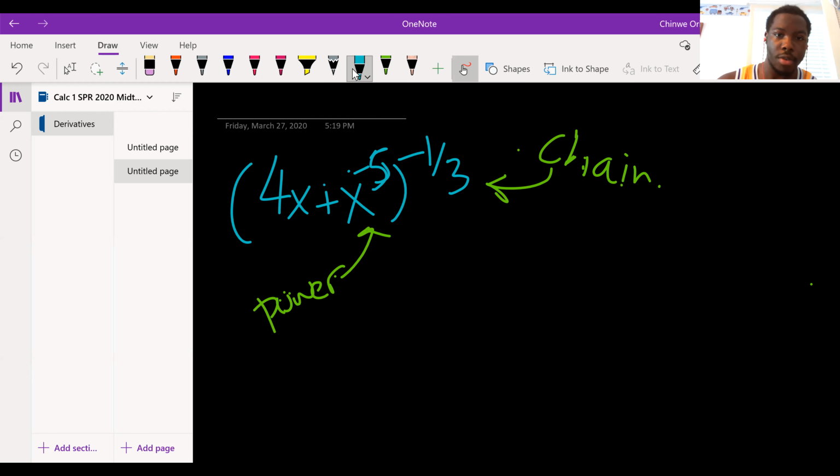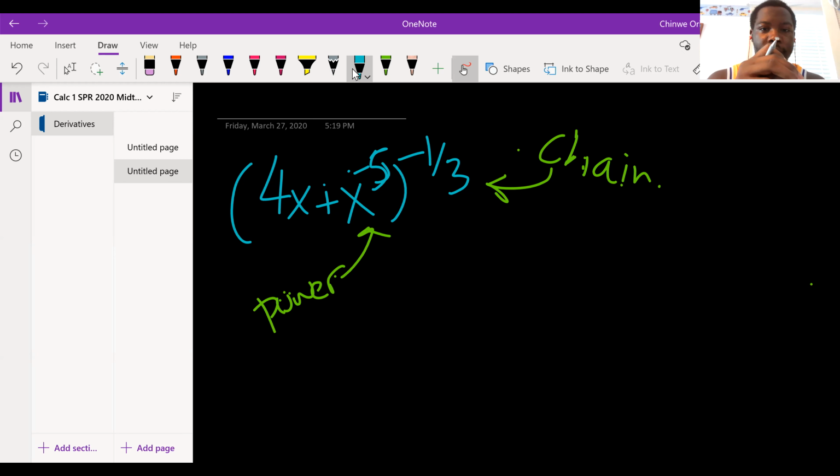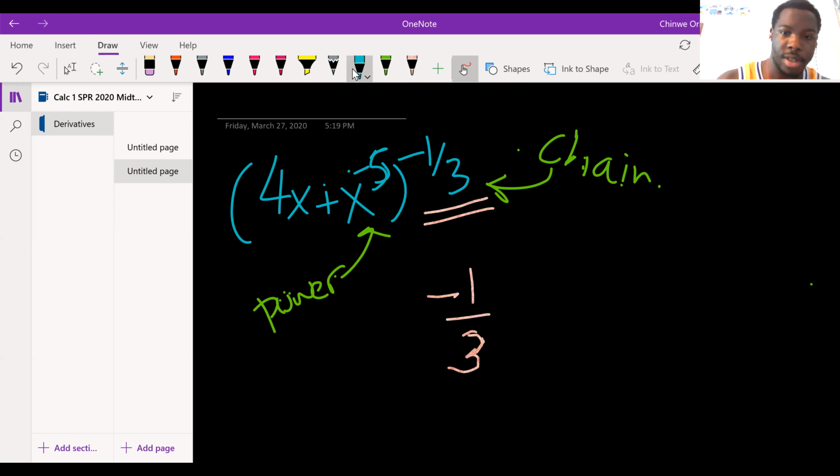The first thing we're going to do is take the derivative of the outside first. So what's the outside portion of this function? A -1/3. Yes, ma'am. Abigail, nice. So this is the outside part. That's why the parentheses is helpful, because you first got that outside exponent. If you take that derivative, you're going to move that exponent to the front. So you're going to have -1/3 times